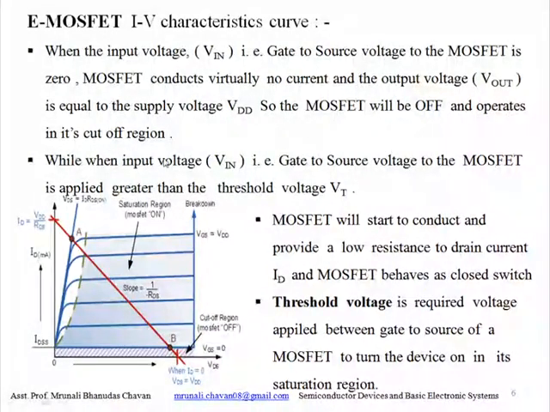And when the input voltage Vin, that is gate to source voltage to the MOSFET, is applied greater than the threshold voltage. Now what is this threshold voltage? Threshold voltage is the required voltage applied between gate to source of a MOSFET to turn the device on in its